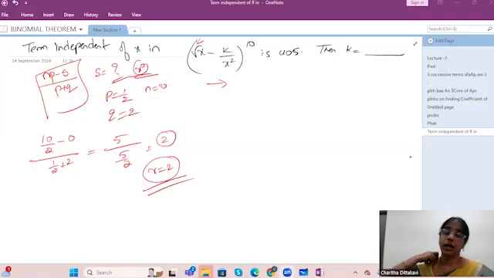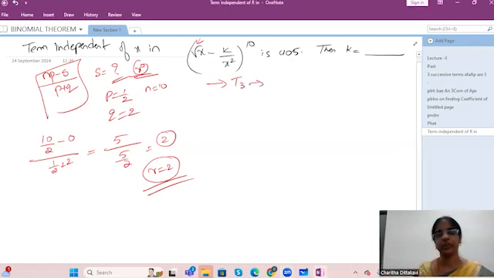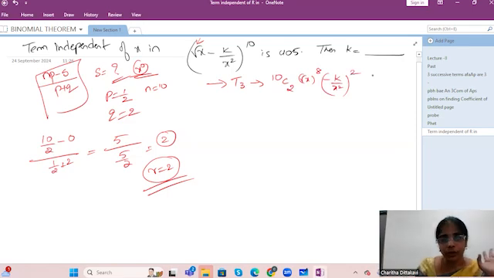So now that you got your R is 2, your T3 is nothing but the term independent. The third term is the term independent of x, right? So R is 2. So obviously 10C2 root x to the power 10 minus 2 and minus k by x square whole to the power 2. Understood? So now coefficient of this is what when you observe, yeah, 10C2, that is 10 into 9 by 2 into 1 times, that is x power 4 and this x power 4 gets cancelled anyhow, and k square